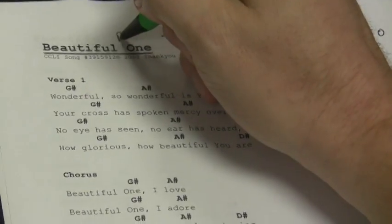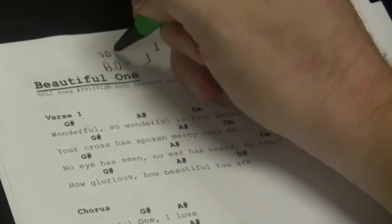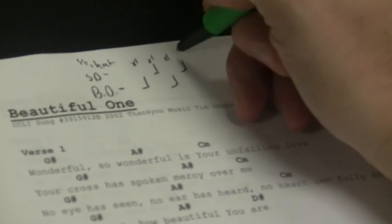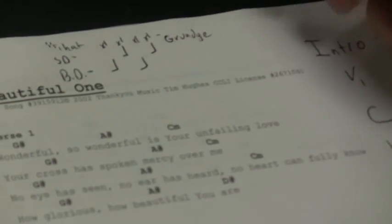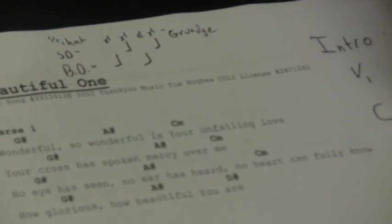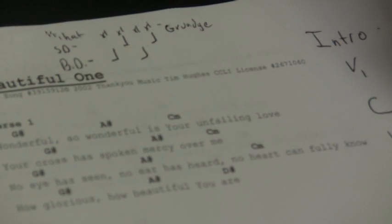So if you had to look this up, you would see that the bass drum's here on the bottom, I put the snare drum here in the middle, and then I put hi-hat at the top here, and I typically do hi-hat with X's. And then also when I'm doing hi-hat, I tell myself what type of style they're playing in, and I put the word grunge for that open, half open hi-hat sound where it's a dirty sound, if you might call it, as opposed to a closed hi-hat sound,